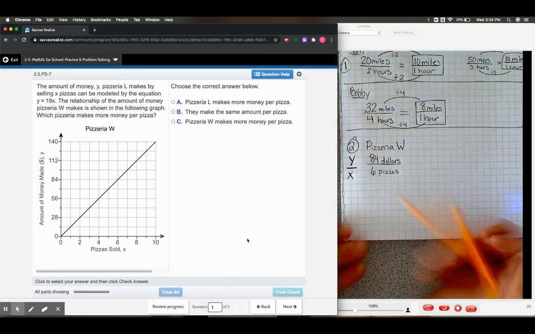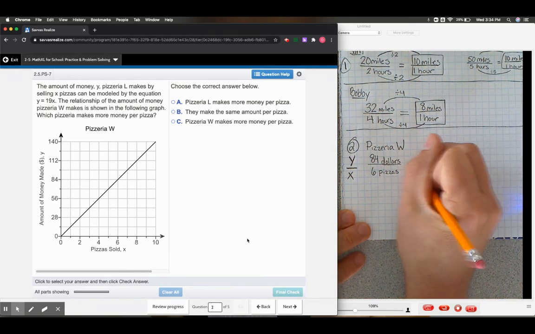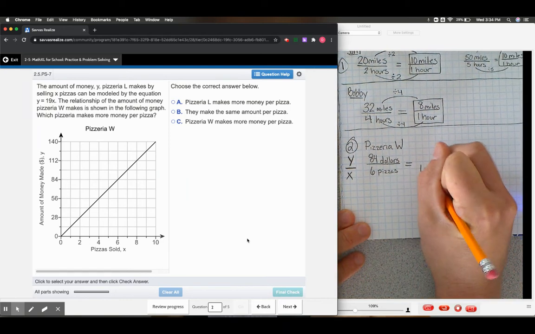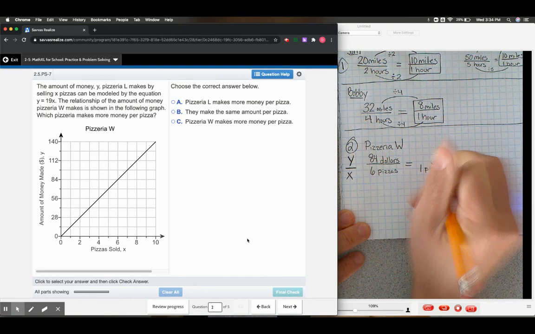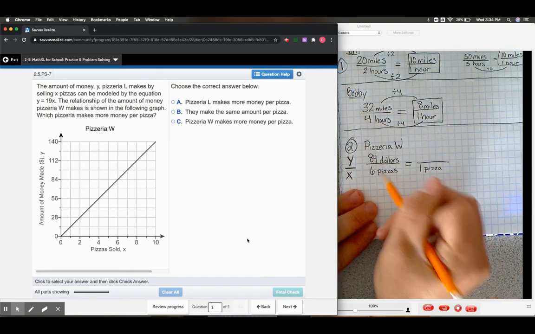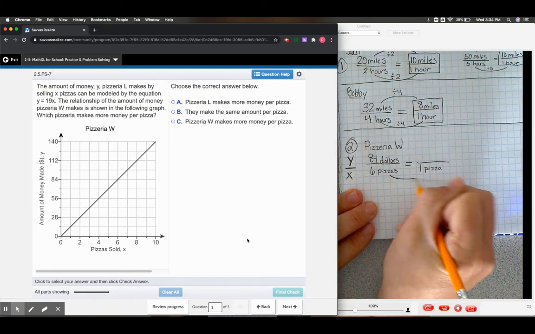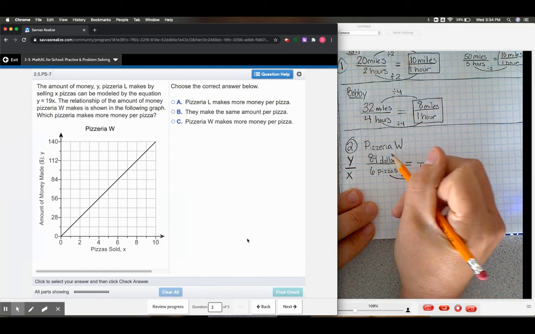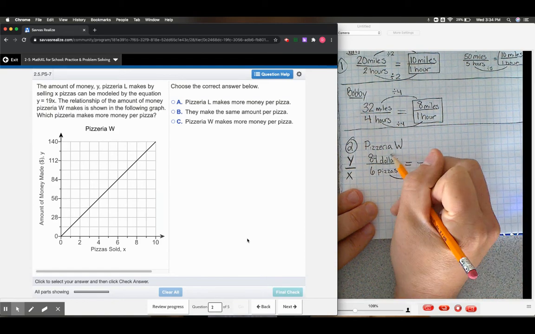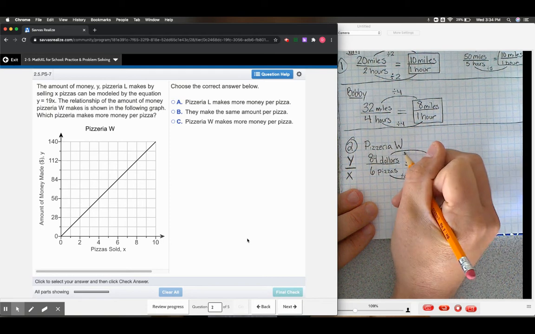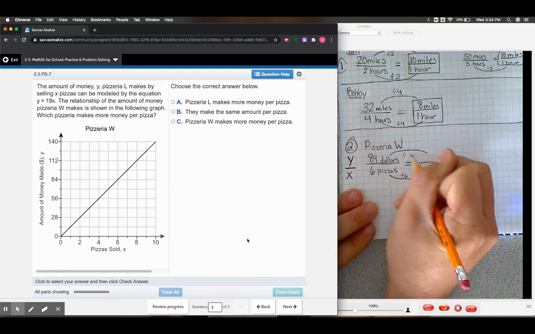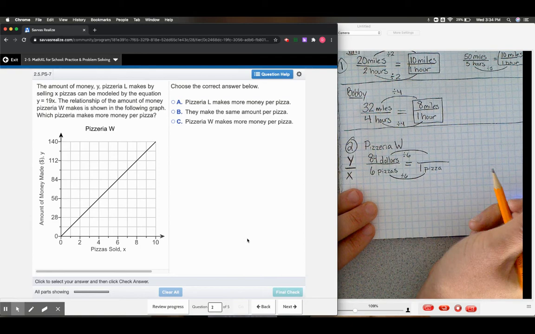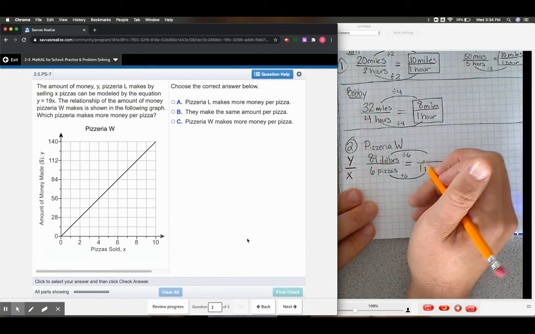Okay. Not a unit rate because there's not a 1 in the bottom, so let's put 1 there, and let's calculate it. How do we get from 6 pizzas to 1 pizza? We divide by 6. We do what we do to the bottom, we do to the top, ladies and gentlemen. 84 divided by 6 is,